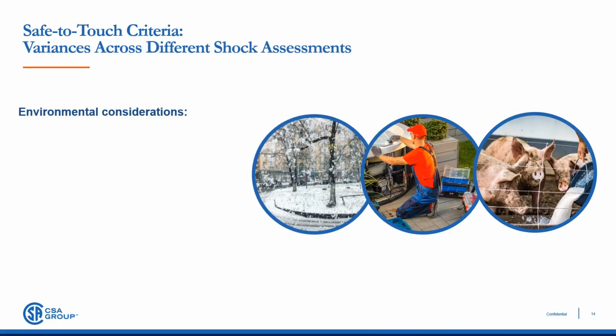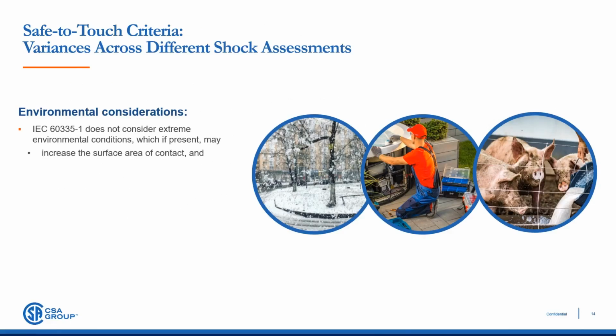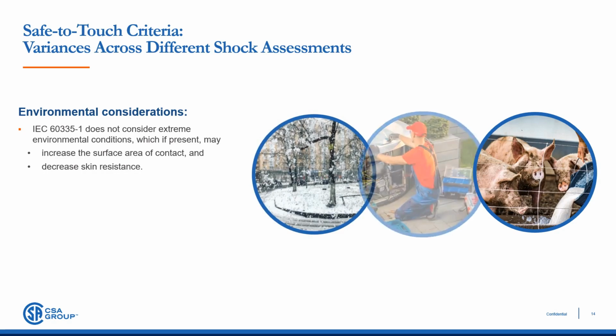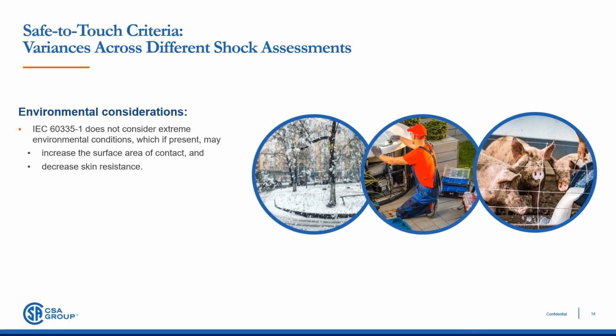This means within the IEC 60335 standards for appliances, there is no adjustment to the specified safe-to-touch voltage limit in the Part 1 for extreme environmental conditions, such as heavy contamination which may occur from conductive pollution. For example, such conditions may exist if the product is in severe weather, such as snow or heavy rain, if the end user of the product could be wet from a swimming pool, or carrying such contamination on skin from working on a farm. All of these factors could realistically increase the accessible surface area of contact with a potentially hazardous voltage.